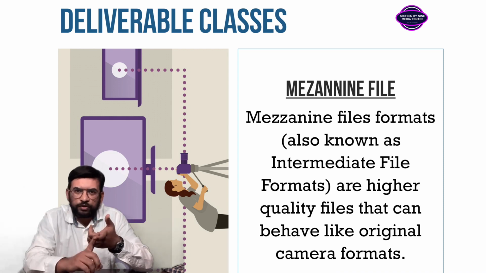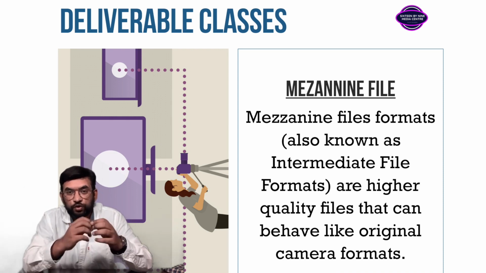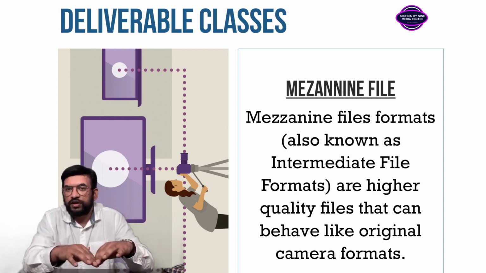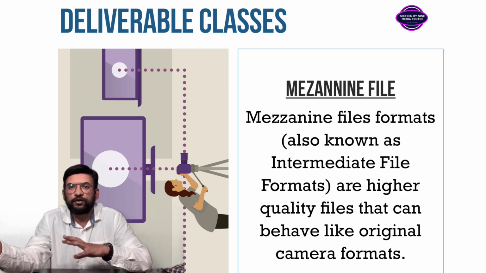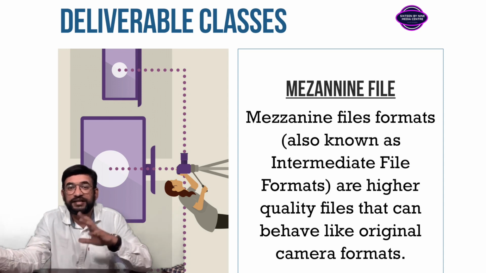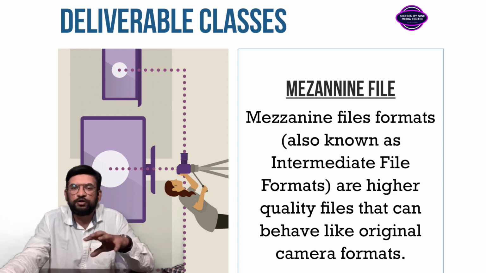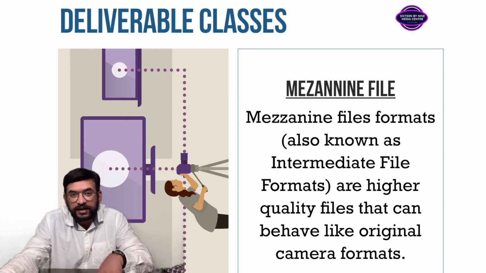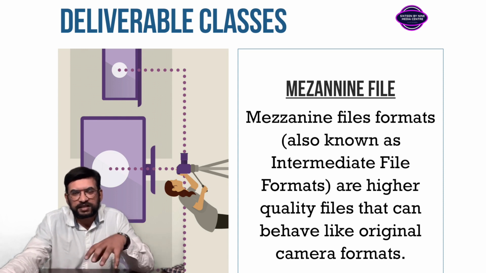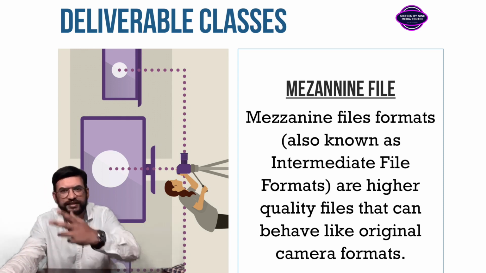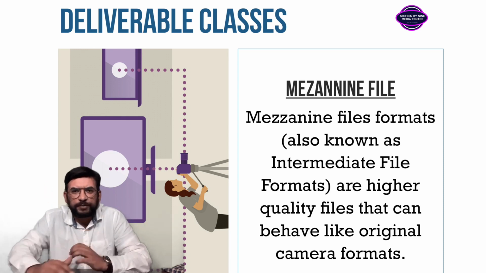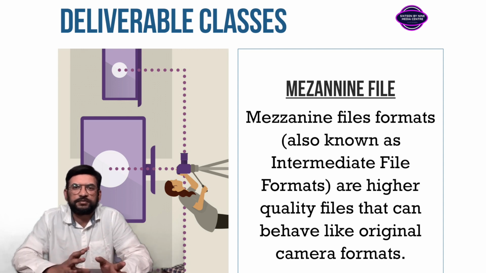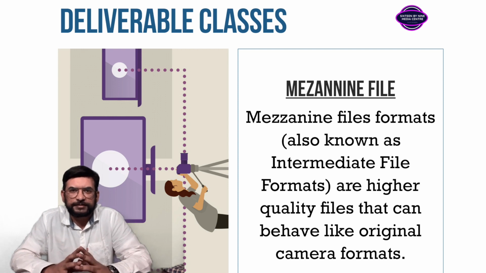You deliver one output, but before the final output, you need to show the client a compressed version, which cannot look low quality, because the clients might not be from a video production or filmmaking background, and they cannot imagine, okay, this file will look this much better when they give output in the full resolution. So the mezzanine file comes into play here, where the mezzanine file is compressed, where you can send it over WhatsApp or any other lower bitrate, lower speed platform. But the quality should not look very much different from the digital master file. That is what a mezzanine file is.